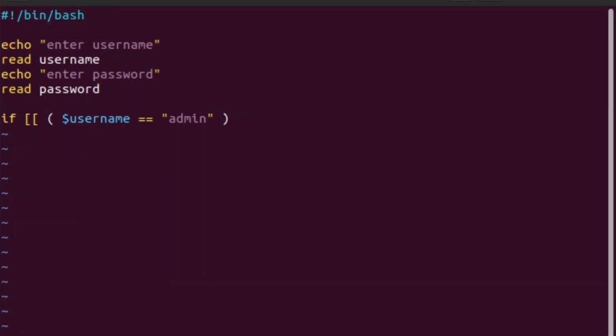And, so double ampersand, parentheses, the variable password is equal to the string secret. I'm going to close out the parentheses. I'm going to close out that whole statement with double square brackets, semicolon, then